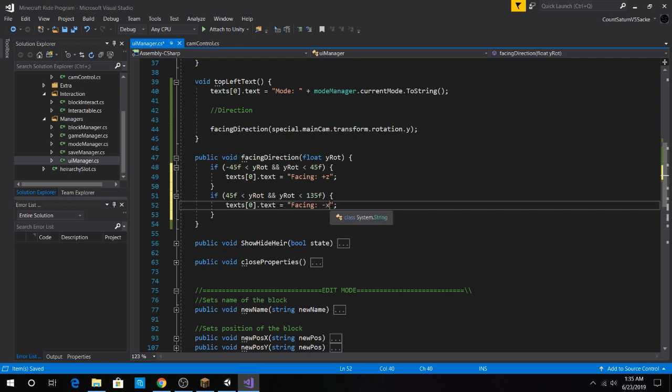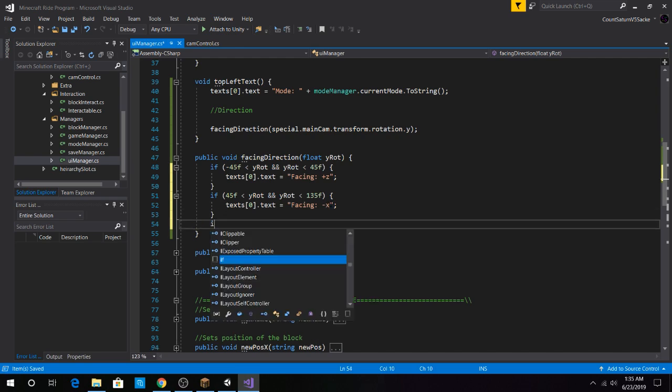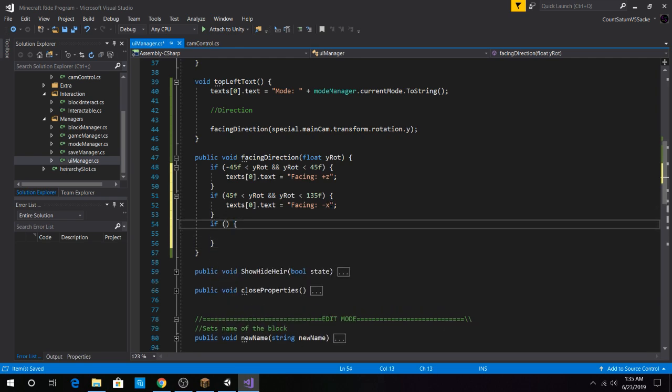I don't know why, so this is negative x. Now if 130f is less than y rot and y rot